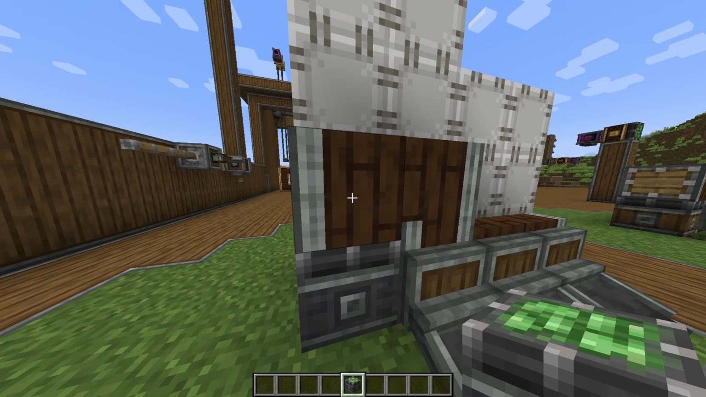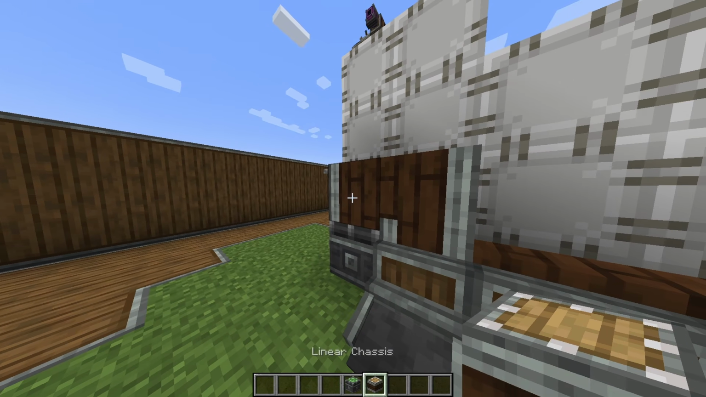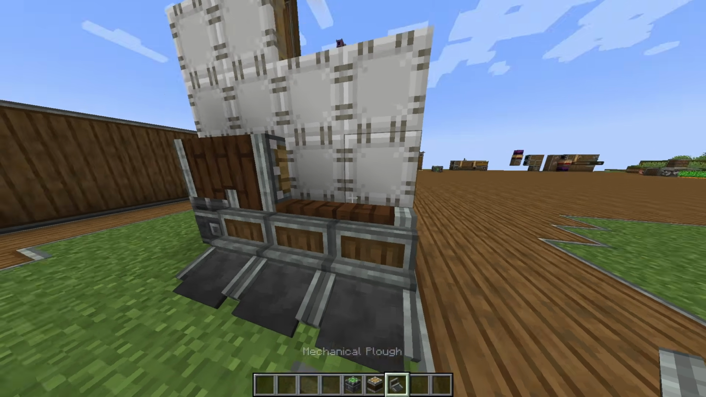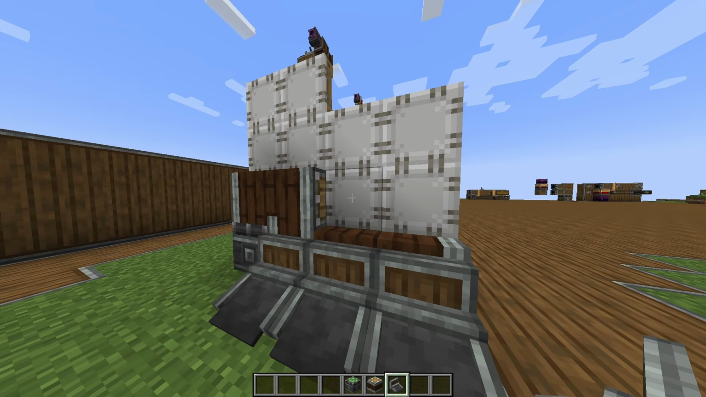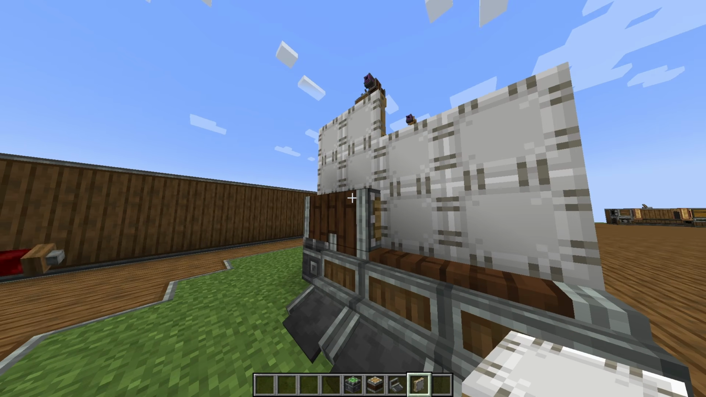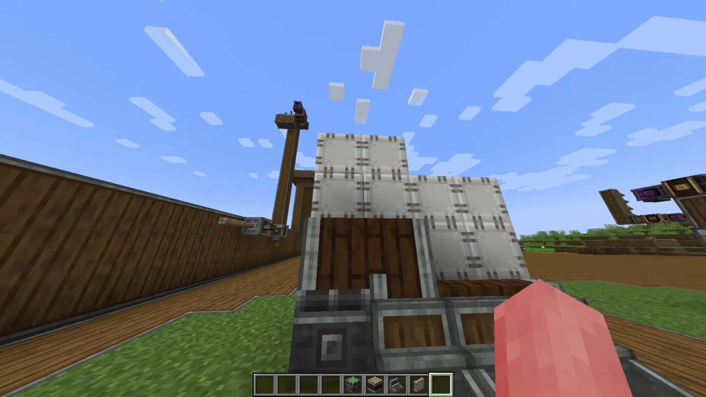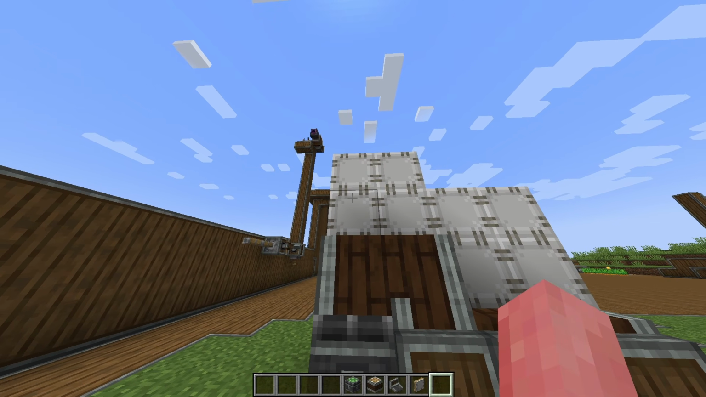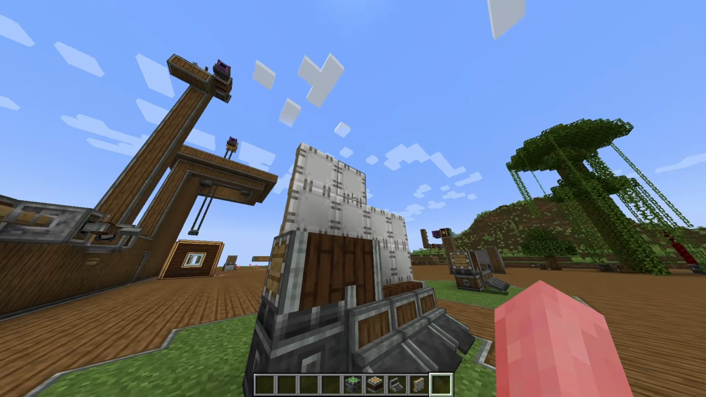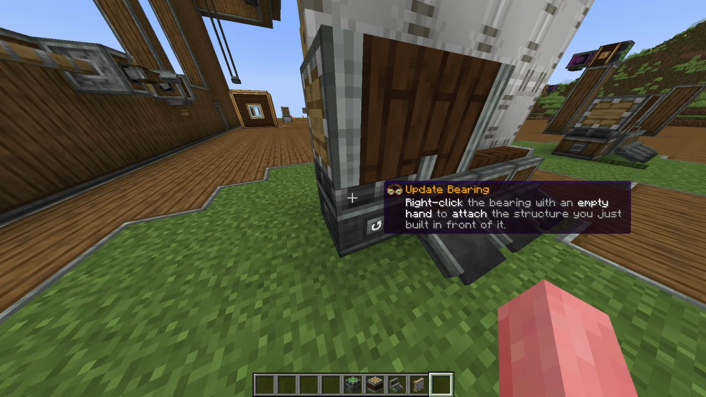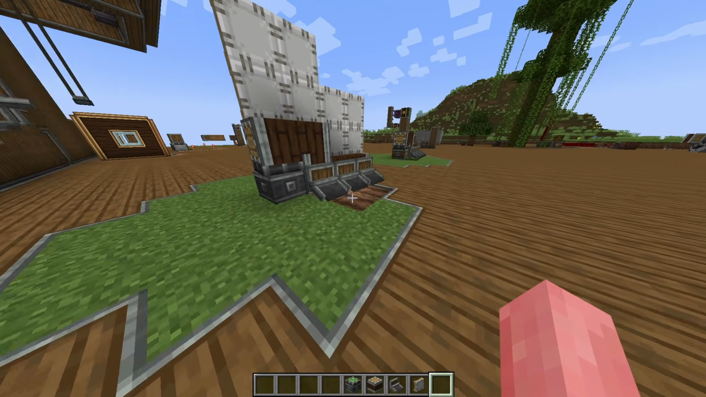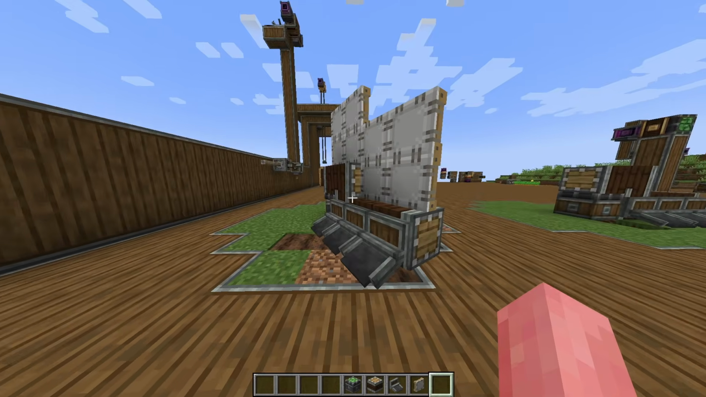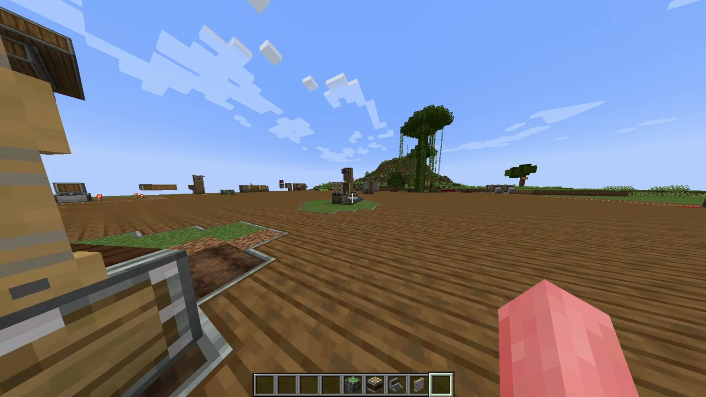So first I have the main body of the contraption using linear chassis connected to each other. Then I have a mechanical plough that I'm going to explain later in the video. And finally I have some windmill sails that I've connected to it using glue. You need a minimum of 8 sail-like blocks, which means that you can also use wool blocks. And after you're done making the contraption, you can do a simple right click on the bearing and it will start to work. So this is a very simple and slow design, and that's why we're going to take a look at the